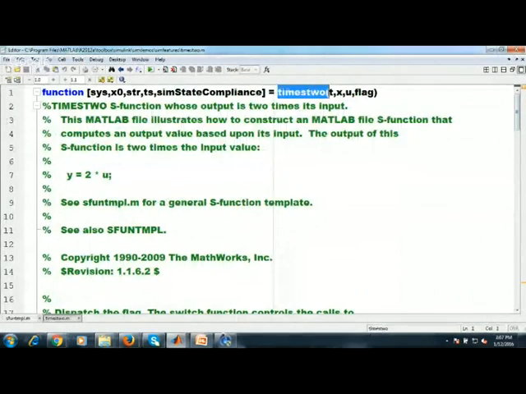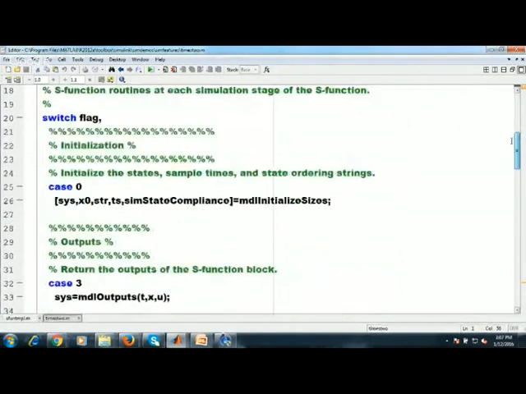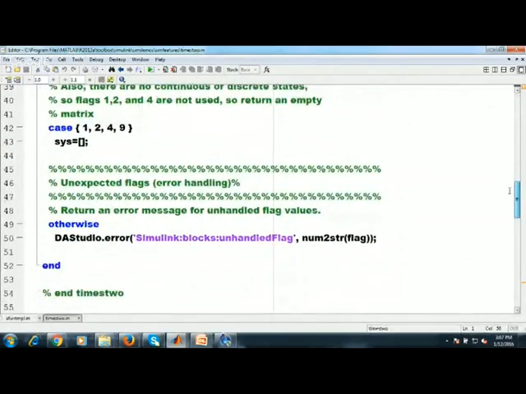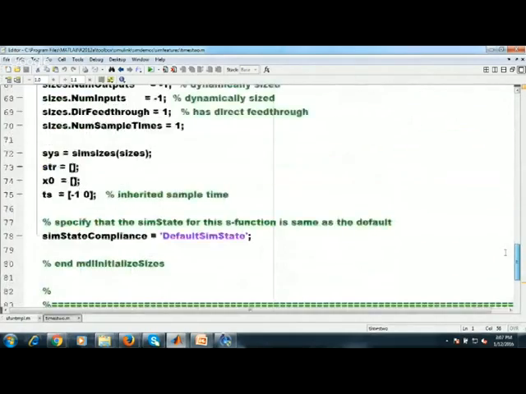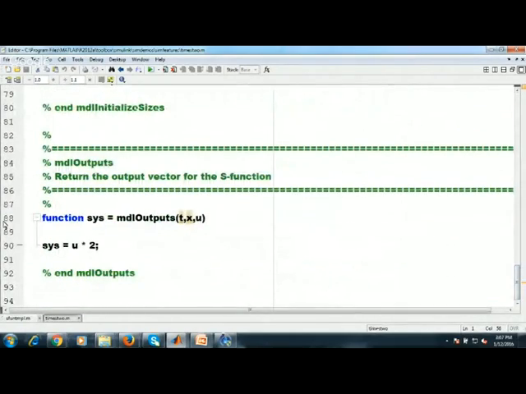This is the name of the times2 function, and only flags 0 and 3 are used. Flags 1, 2, 4, 9 are set as empty. Here in the MDL output function, the output is multiplied by 2. When you close it,